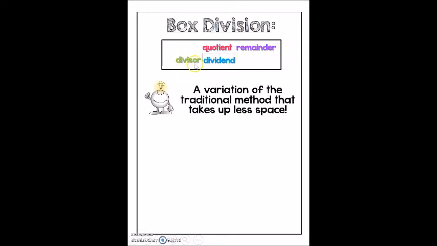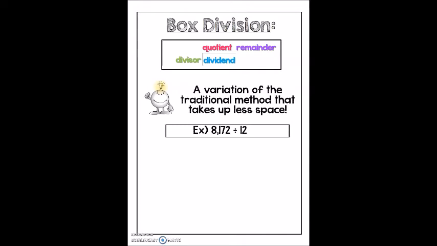In the box method, I still have a divisor written on the outside. I still have a dividend written on the inside, and I still have a quotient and sometimes a remainder written on the top. We just organize those pieces a little bit differently. So let's take a look at how that works. Let's look at the example